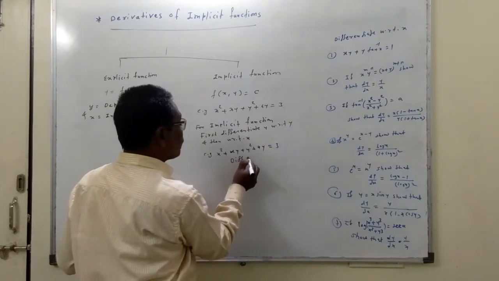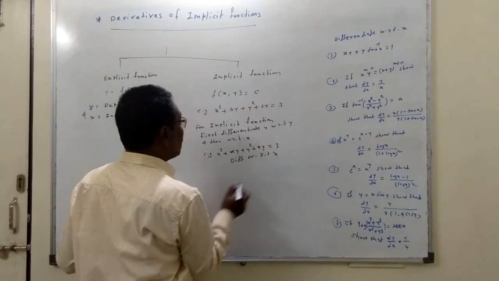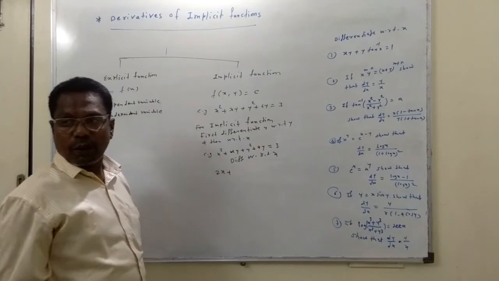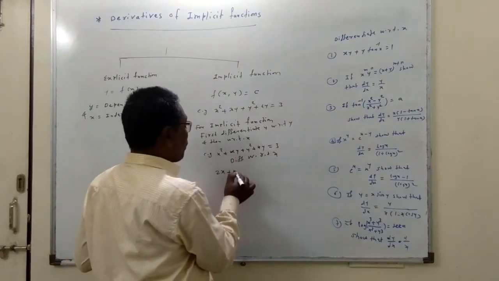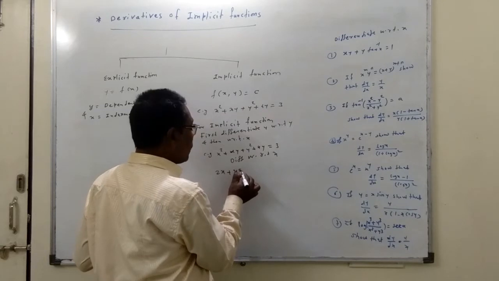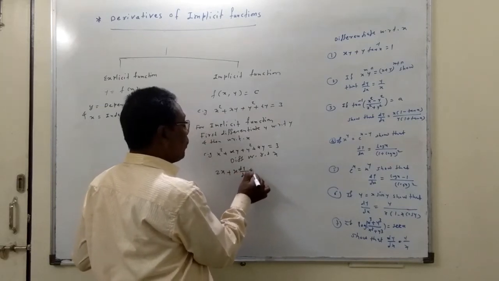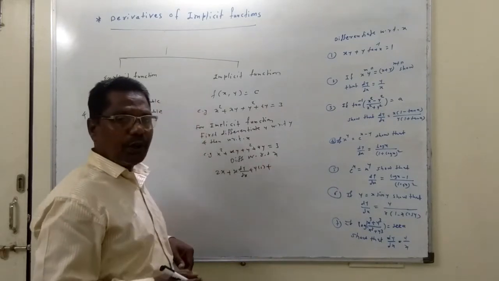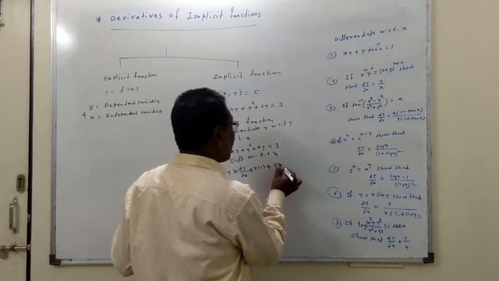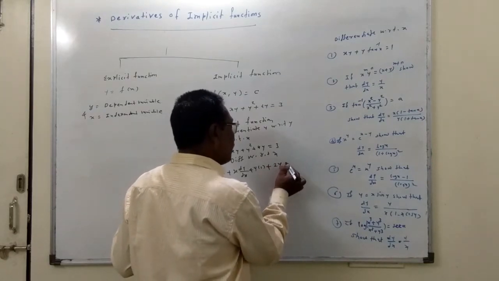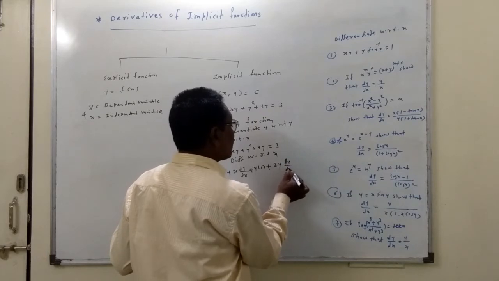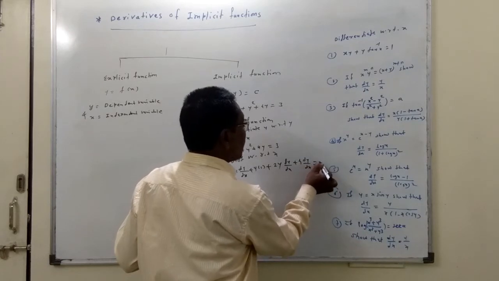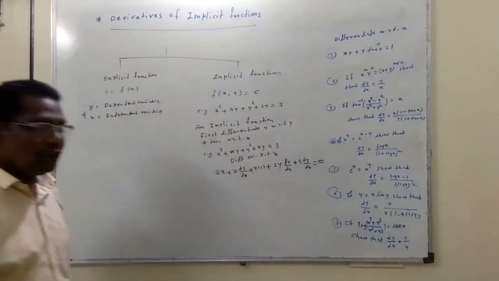Now we will differentiate with respect to x. The derivative of x square with respect to x is 2x, plus the derivative of xy, by the UV formula, x constant, derivative of y, dy by dx, plus y constant, derivative of x is 1, plus the derivative of y square: you differentiate y with respect to y, so it is 2y, and then y with respect to x, dy by dx, plus 4 constant, and the derivative of y is dy by dx, and 3 is a pure constant, whose derivative is 0.